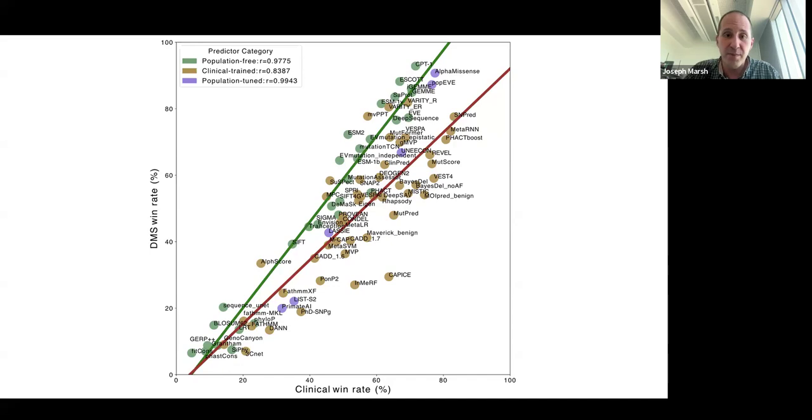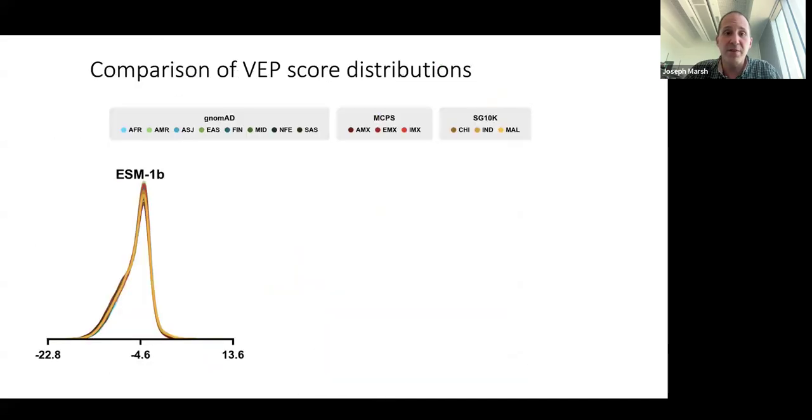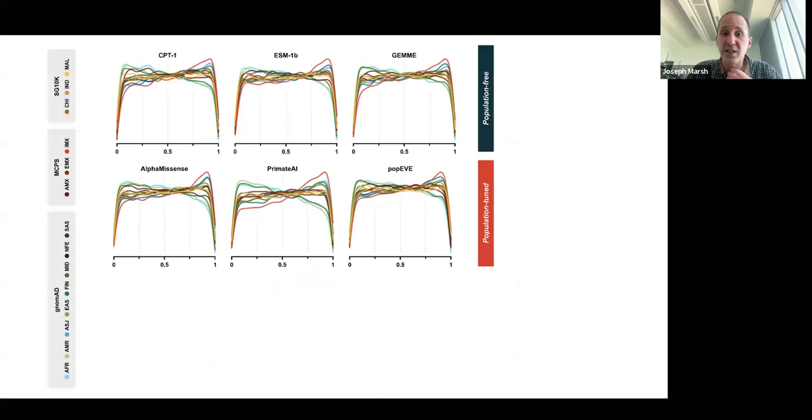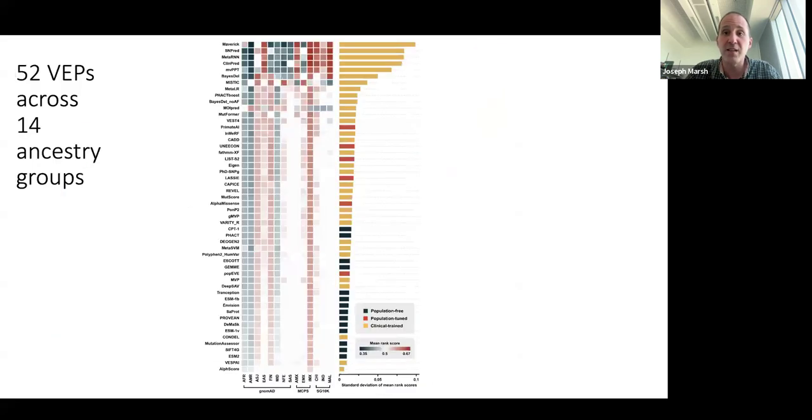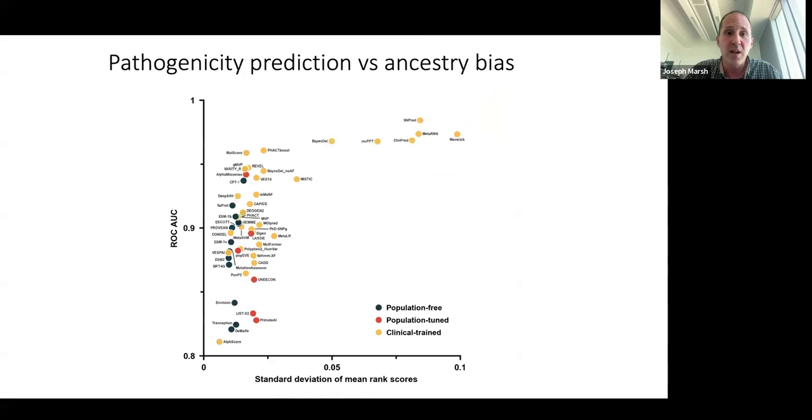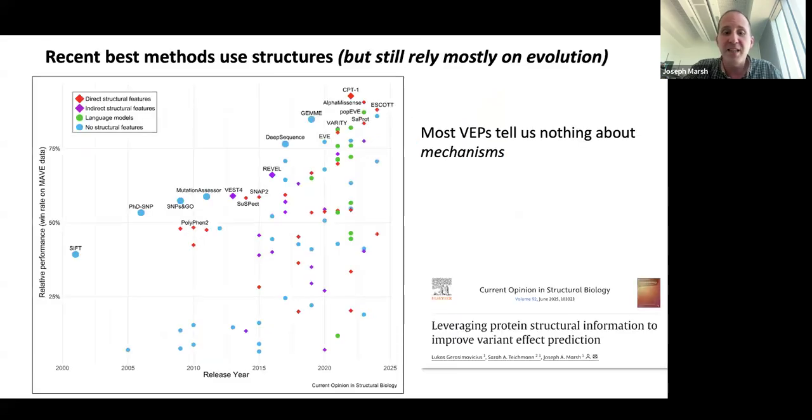avoid this bias problem. So I'm going to skip this part for time, just an analysis we did that showed that a lot of these variant effect predictors are biased when applied to variants from different population groups. And come back to this figure here, which is from the review that we wrote that has the title of the talk, where we basically took the performance of methods from our benchmarking study, so how good these variant effect predictors are performing on these deep mutational scanning datasets, or we call them MAVE datasets here. It's basically just another name for these high throughput assays.